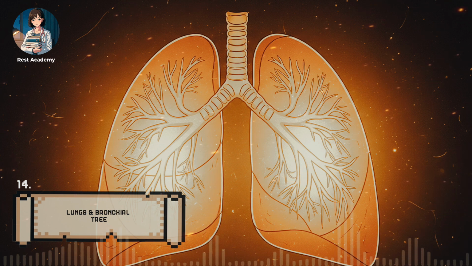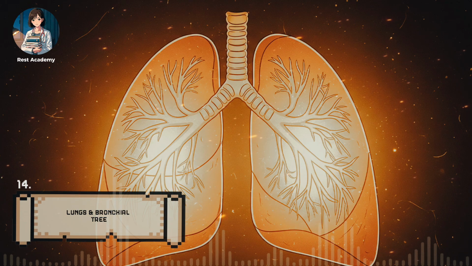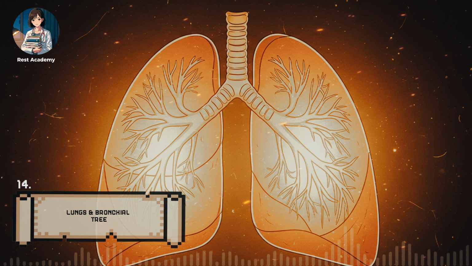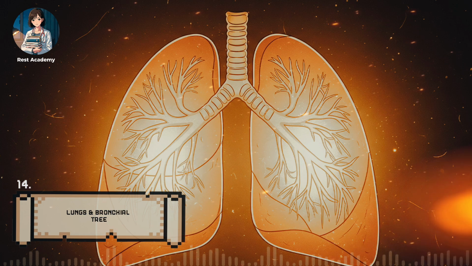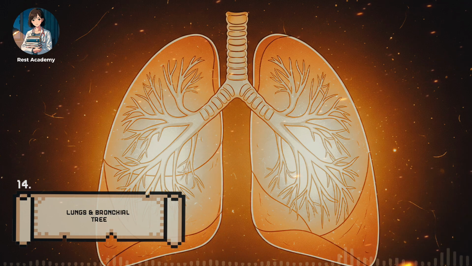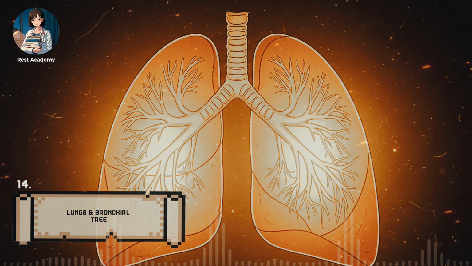A person aspirates a small object while laughing, soon develops cough and one-sided wheeze. Bronchoscopy reveals it lodged in the right main bronchus, explained by its wider, steeper course. Removal restores airflow. Sudden unexplained shortness of breath, chest pain, coughing blood, or new asymmetry of chest expansion always require